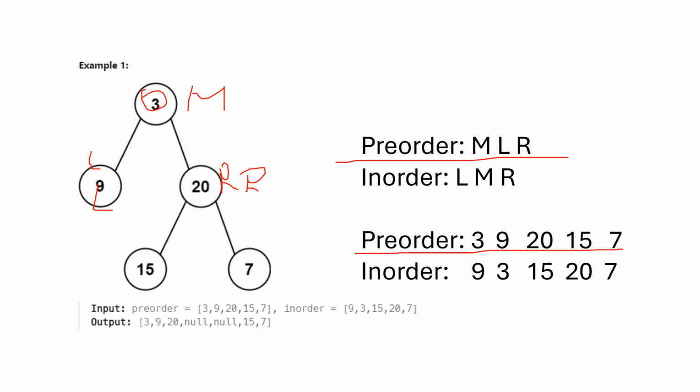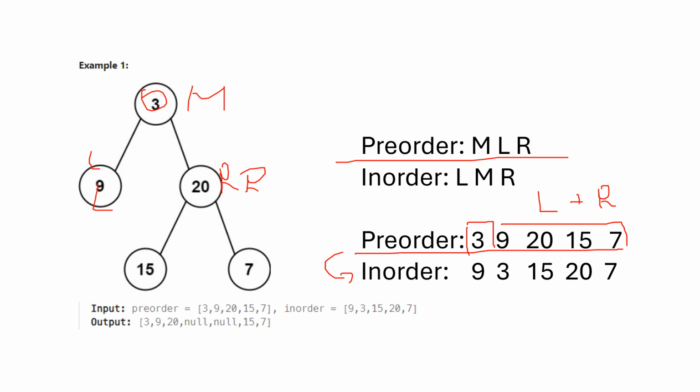With this kind of setup, we can divide a pre-order traversal array, for example this one, into 3 blocks. The first block will be the middle one. This is pretty easy: always the first element is the middle one. Then we know that the rest is composed of the left block and the right block. But if we are only given a pre-order array, we can't figure out where each starts and where it ends. So that's the usage of this in-order